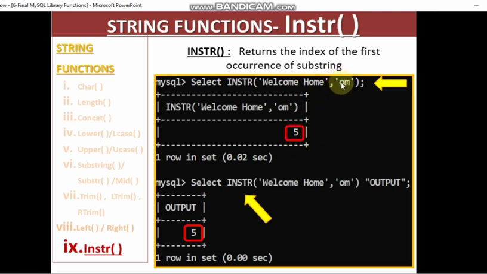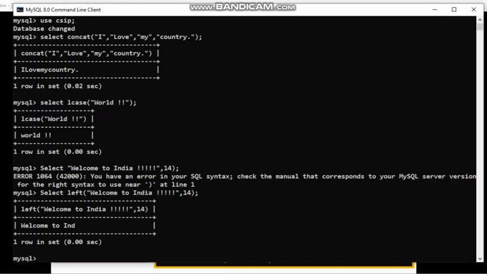The first letter and the second letter should be together. I mean, the substring should be together only, but where it is coming for the first time jointly, that you have to find. Similarly, this one is instring and output, this is the column alias I have taken, so it is giving you the same thing. Let me give another example.